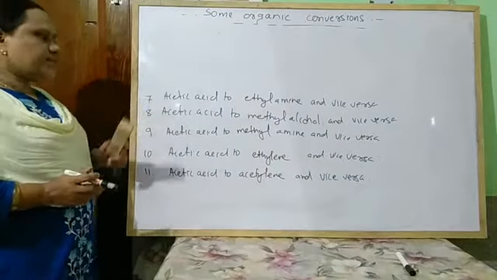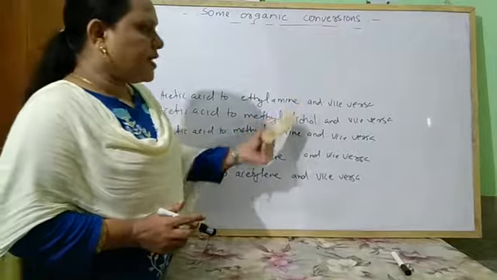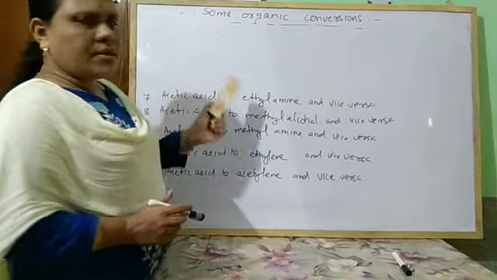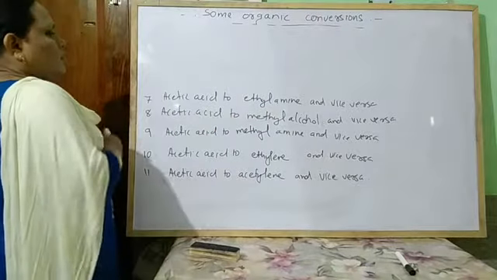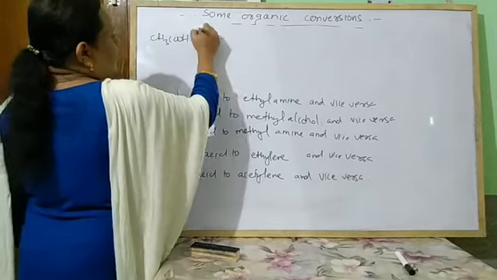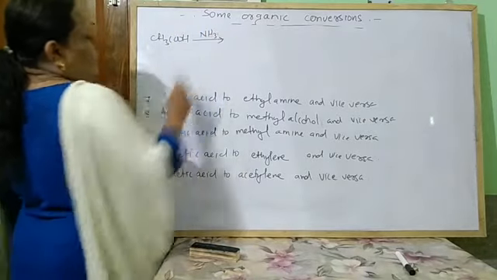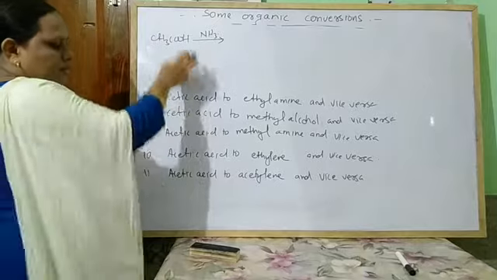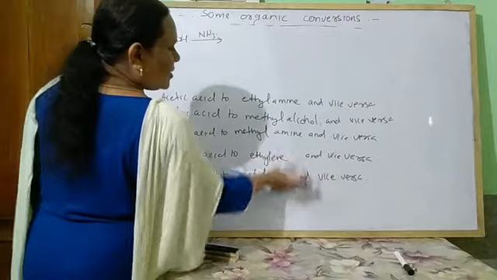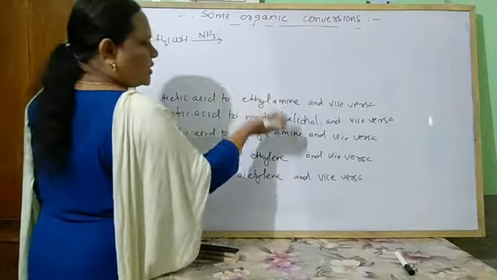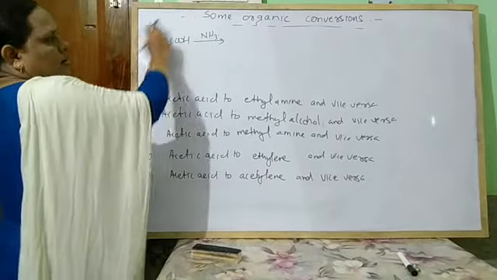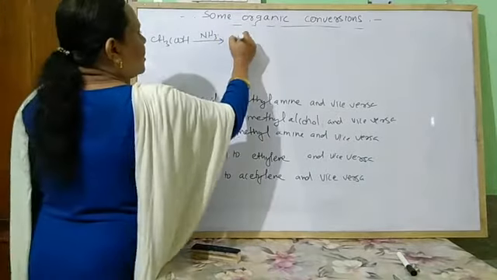Next, come to the next question. Acetic acid to ethylamine and vice versa. Here the same number of carbon atoms, that can be done by various methods. Look here, one method. Acetic acid reacts with ammonia. I have to go through the properties: what is the starting material given, its chemical reaction, what is the ending chemical given, its preparation. You have to remember. So this is acetic acid, ammonia forms